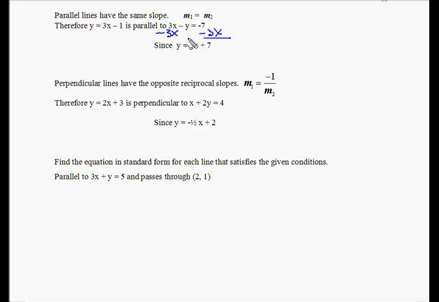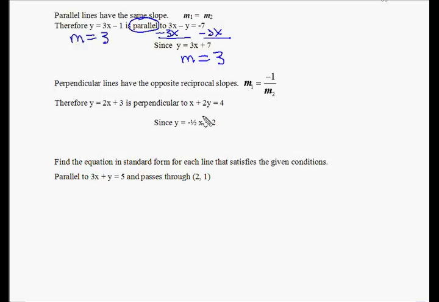by adding a negative 3x to both sides of the equation, and then multiplying by negative 1, we get y equals positive 3x plus 7, where our slope for the equation of this line is 3. The slope for the equation of the original line was 3, and when the slopes are the same, we have parallel lines. Perpendicular lines have the opposite reciprocal slope, where M1 is equal to the opposite and the reciprocal of